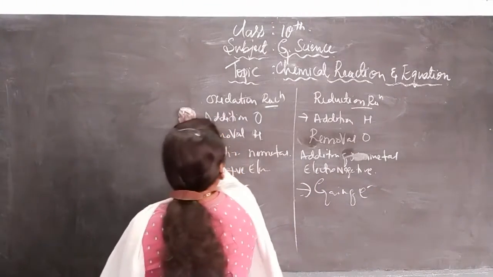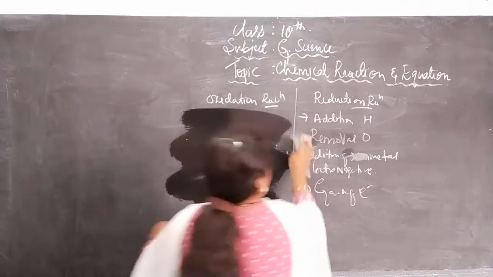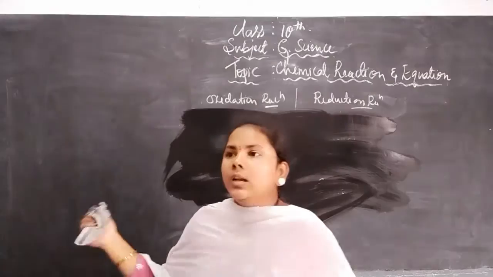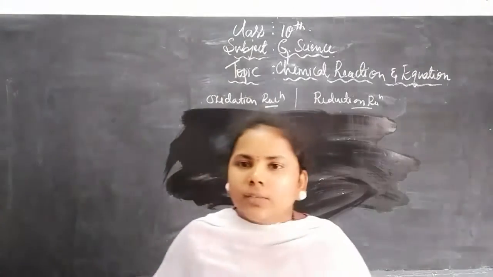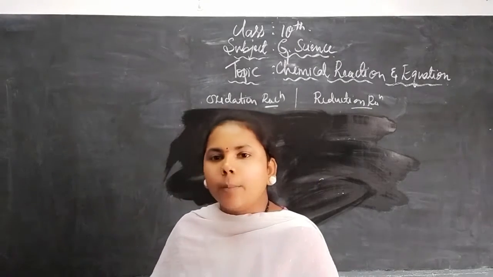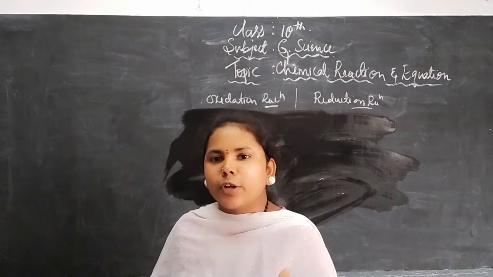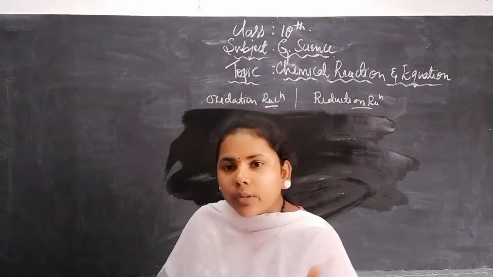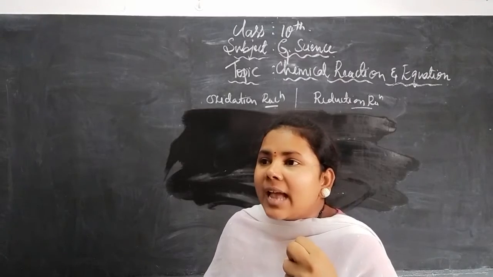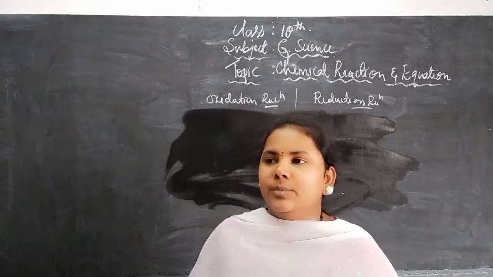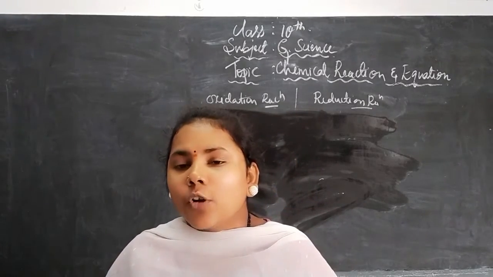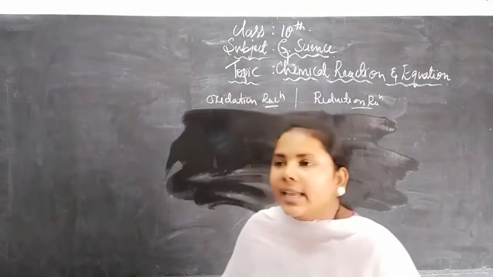Now, further we will be studying the example. In the previous example, I told you that when copper powder is heated in a china dish, after providing some temperature, a coated layer is formed and it becomes black in color. That is called copper oxide. The layer of copper oxide is formed. So let us write the equation for that.